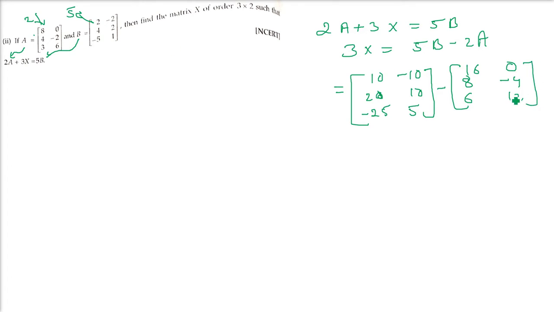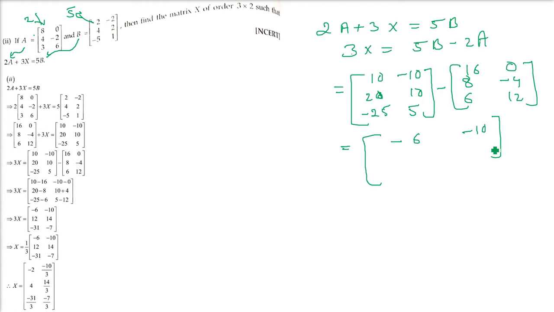Now let us take the subtraction here. 10 minus 16 is negative 6, 0 minus 10 is minus 10, 20 minus 8 is 12. See, 3 is there. Sometimes it may happen that the right hand side can be easily divided by whatever scalar